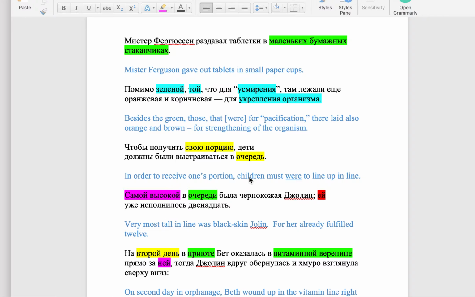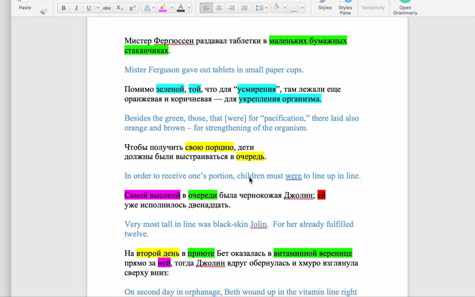And actually, probably better would be to say from the word ta, because ta would be the feminine, which in the genitive case would turn into toy. So actually, it's more like besides the green one and that one